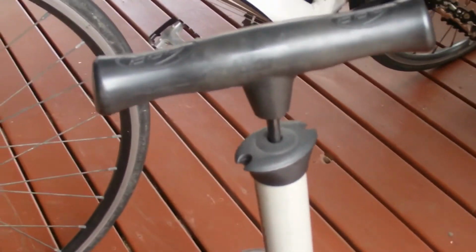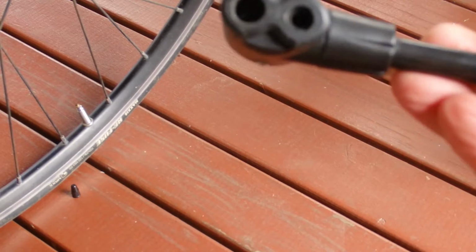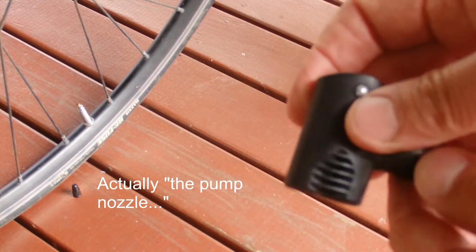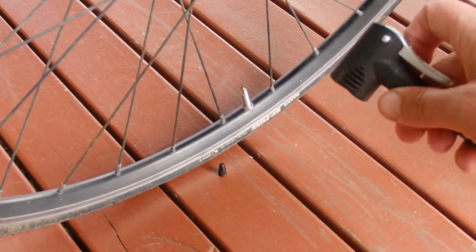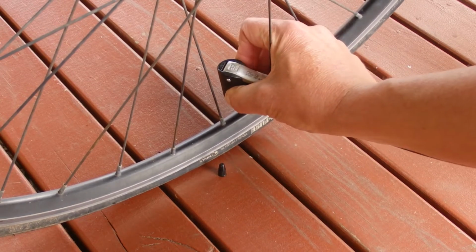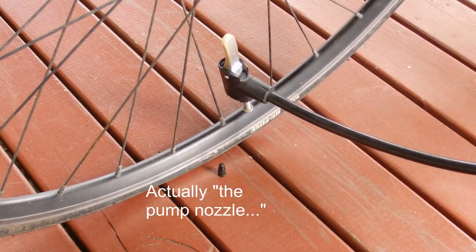So there's my floor pump, and that's got a built-in pressure gauge on it, which is really handy. And for this one, we're going to use the smaller hole. There's two holes in that pump, so I'll use the smaller hole and push that over the top of this valve, and push that down firmly. So I've got that little silver lever that's there, and I push it up to lock the pump in